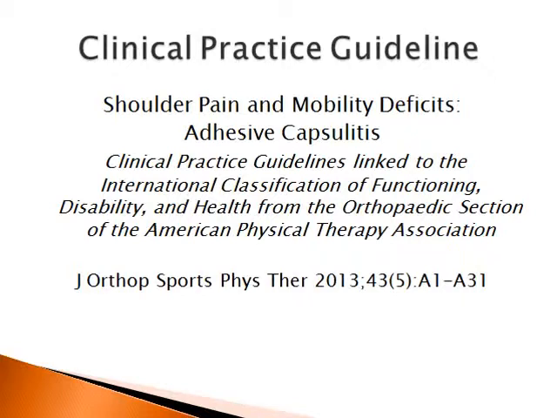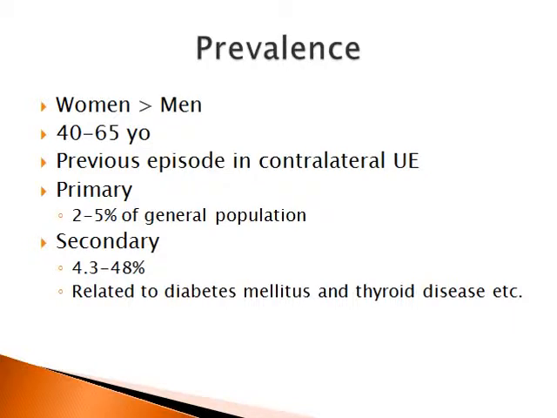The clinical practice guideline being discussed in this journal club is shoulder pain and mobility deficits, adhesive capsulitis. It's published in the Journal of Orthopedic and Sports Physical Therapy in May of 2013. A little background on adhesive capsulitis. It's more prevalent in women than men, aged 40 to 65 years old, with a previous episode in the contralateral upper